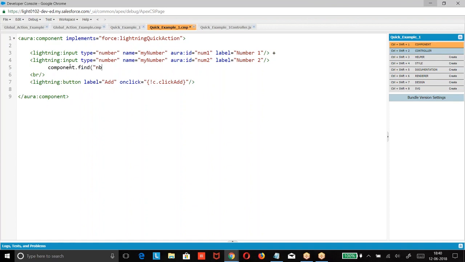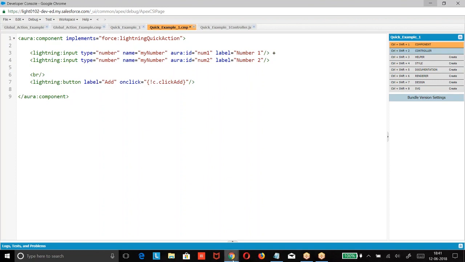This is how we are going to read the value. component.find, because we are trying to find the value based on the ID: component.find number 1 .get value. Right, boss? This is how we are going to get it.